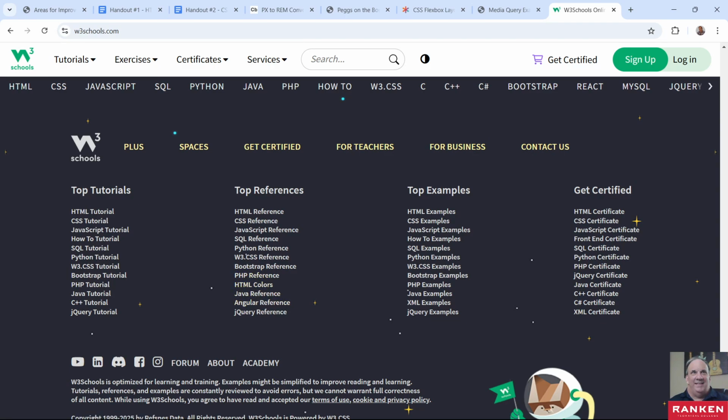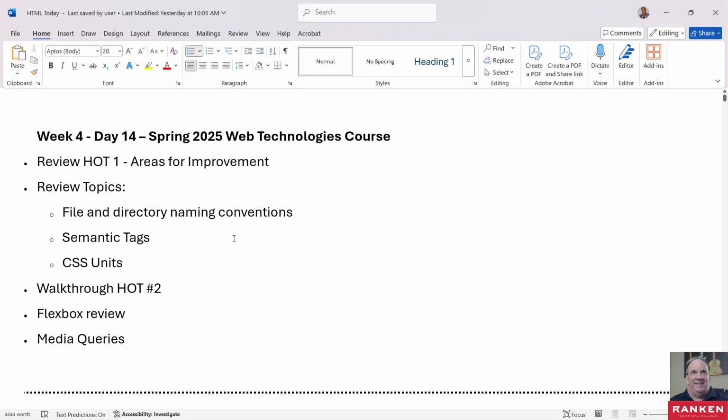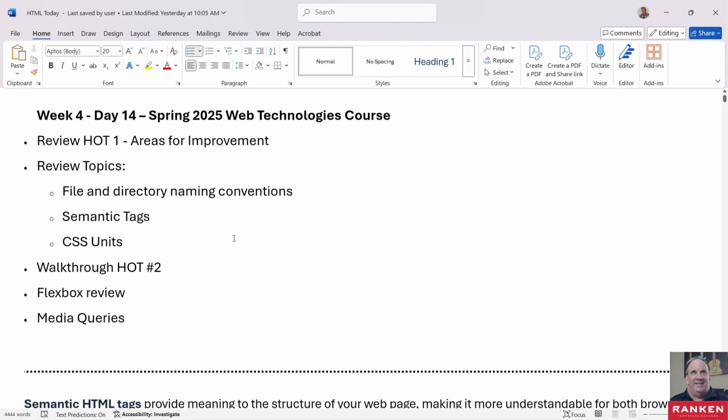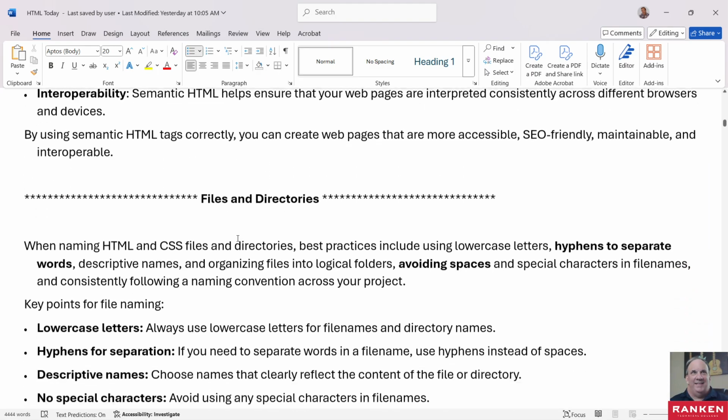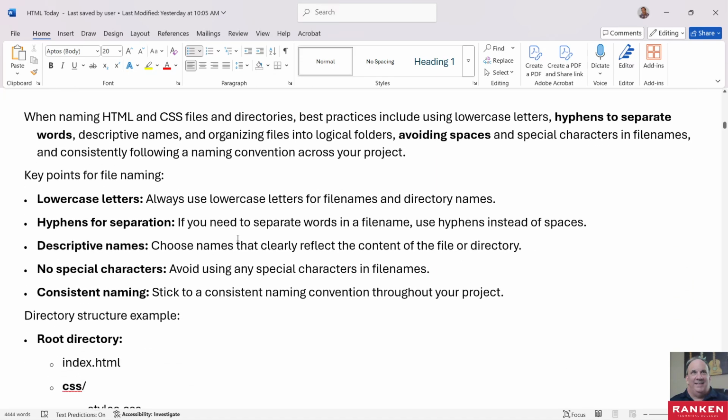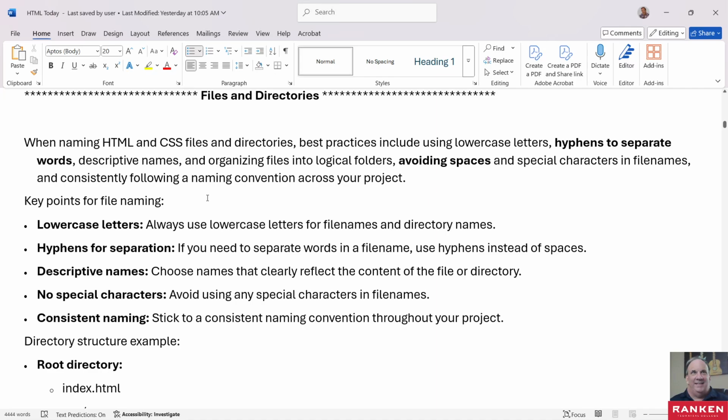All right. So the next thing I want to go through here a little bit. Basically this is still discussing the hands-on test. A couple other things I wanted to cover, especially because people have turned in a few assignments now. So as far as files and directories,